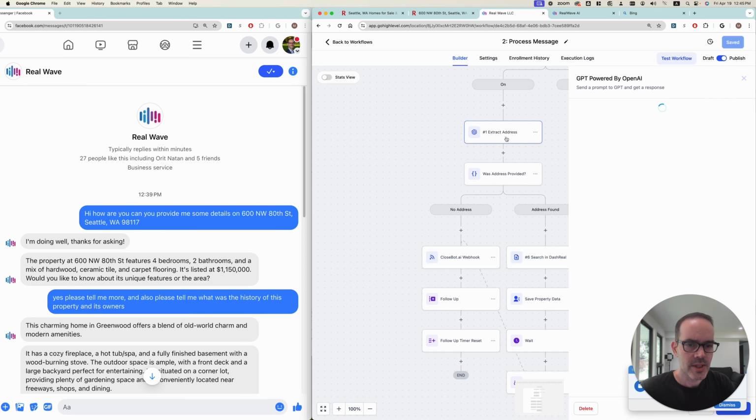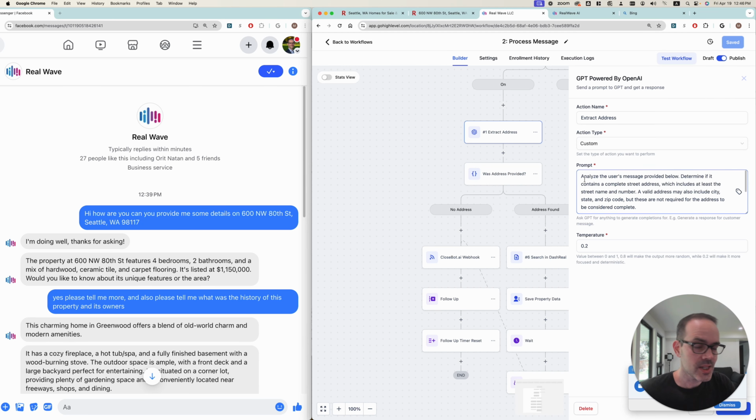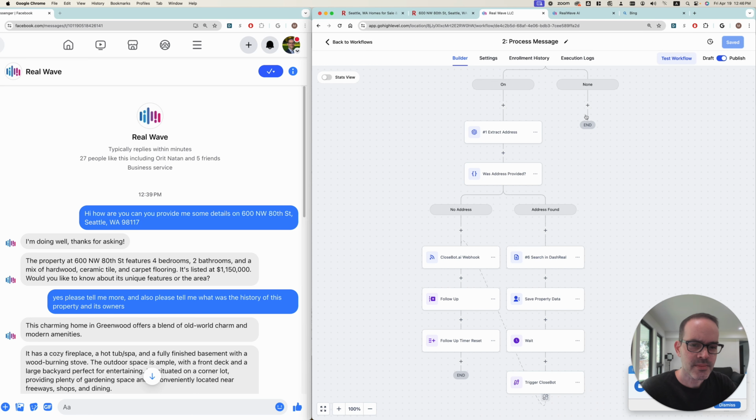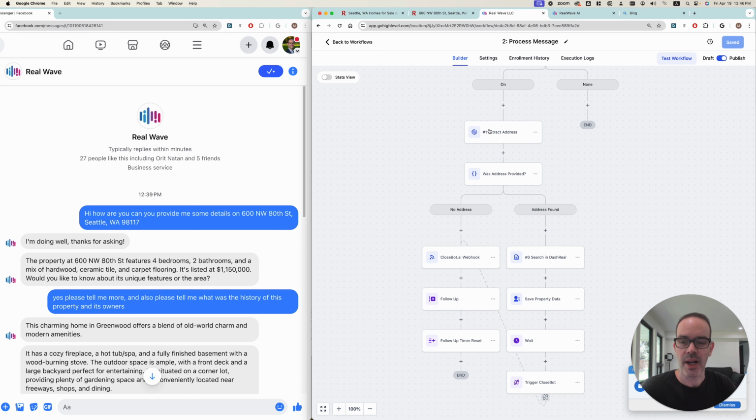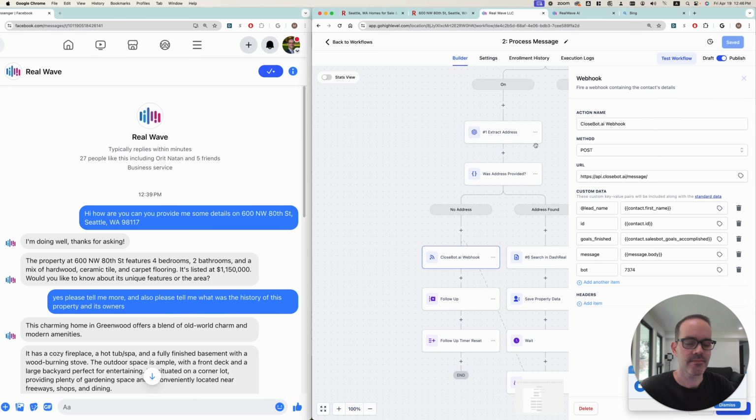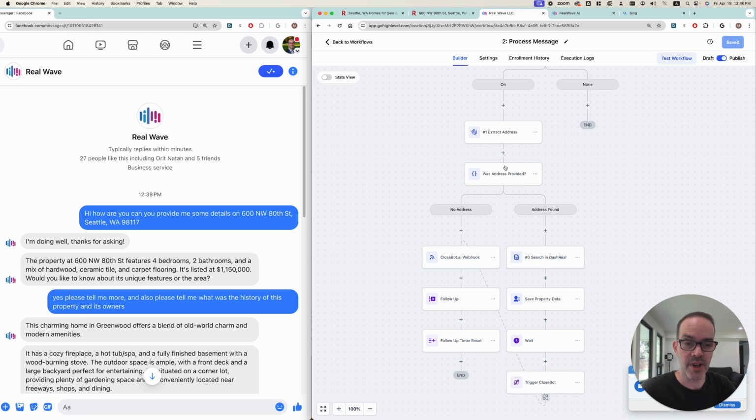So the address extraction is basically a fancy ChatGPT prompt looking for the message and returning the address if it's an address, or no address if there is no address. So if there was no address provided, just hi, how are you, or something else, we just call CloseBot, simple, nothing happened. If an address was provided, which was the case in our first message here, we trigger our